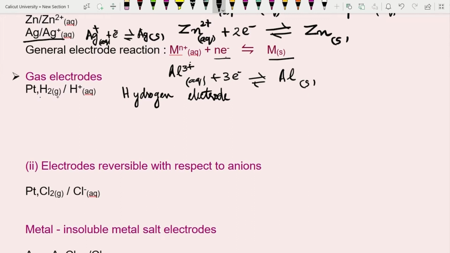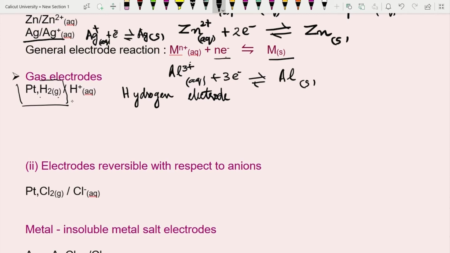Once there is an oxidation or reduction, whatever is taking place, electrons cannot travel through the solution, they can travel only through a metal. So, in this case what we do is we take an unattackable metal which is usually platinum. So, whenever you have to put a gas electrode, you put platinum comma hydrogen gas. This acts as the substitute for the metal part in a metal electrode,